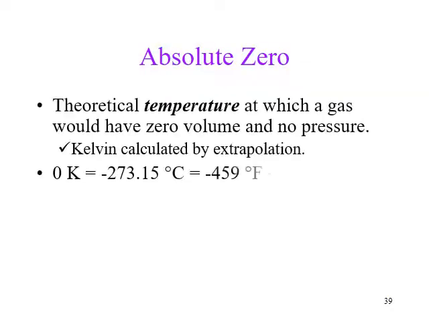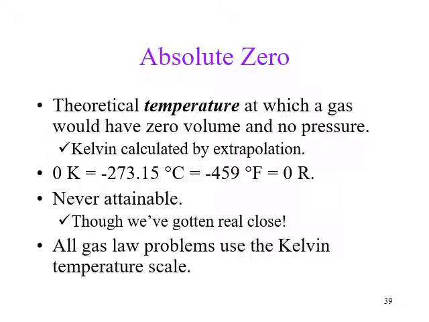The next thing is absolute zero. So absolute zero is basically a temperature where a gas would have zero volume and zero pressure. This temperature is called absolute zero, meaning it is equal to 0 Kelvin. 0 Kelvin in degrees Celsius would be negative 273 degrees Celsius, and in degrees Fahrenheit it would be negative 459. Sorry, not Kelvin. The 0 Kelvin would be minus 459, almost 500 degrees Fahrenheit.